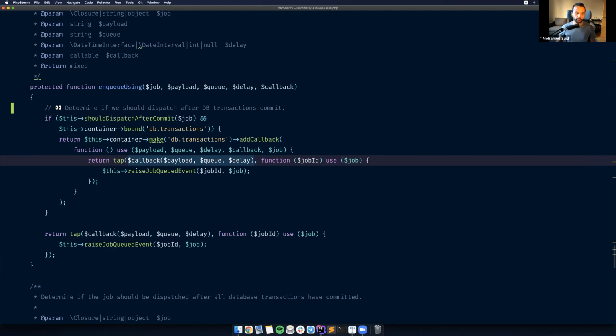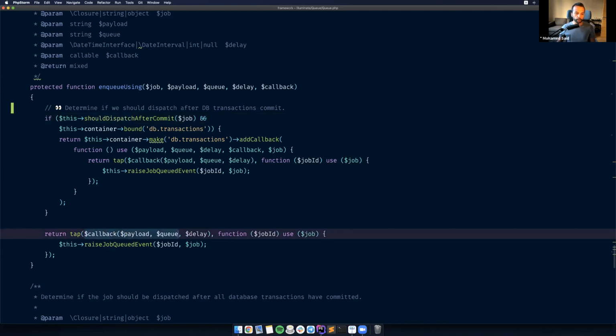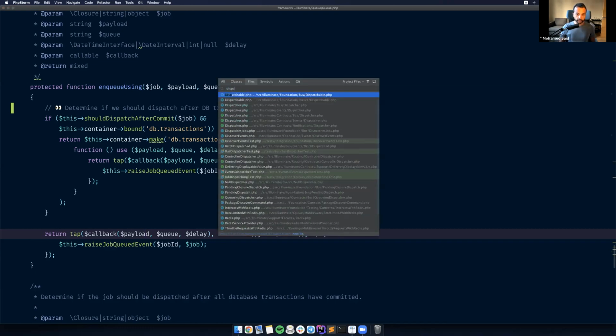And of course, if the job shouldn't wait until database transactions commit, we are going to call the callback right away and send the job to the queue. That's all there is to dispatching single jobs to the queue. Before we go back to the presentation, let's take a quick look at how dispatching chains and how dispatching batches works. We need to go back to the dispatcher